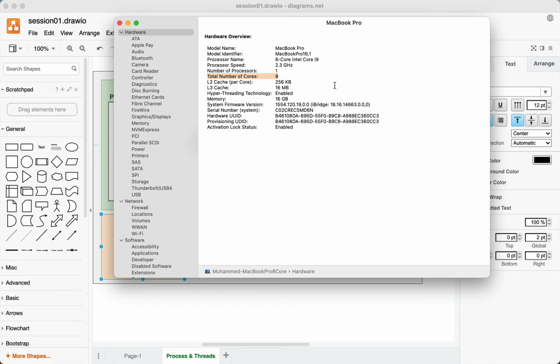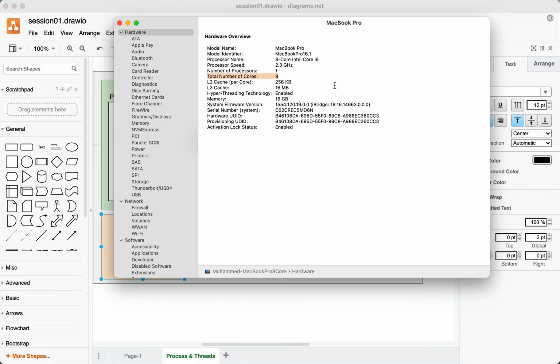In fact, not 8, even twice the number of cores. It will execute 16 threads. We will come to that later, but as of now, physically there are 8 physical cores on the processor. Because hyper threading is enabled on this hardware, it is capable of executing 16 threads on 8 cores.